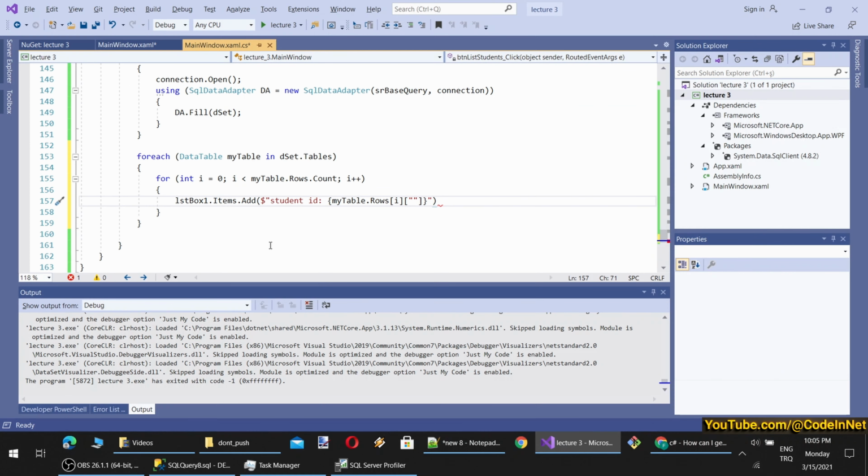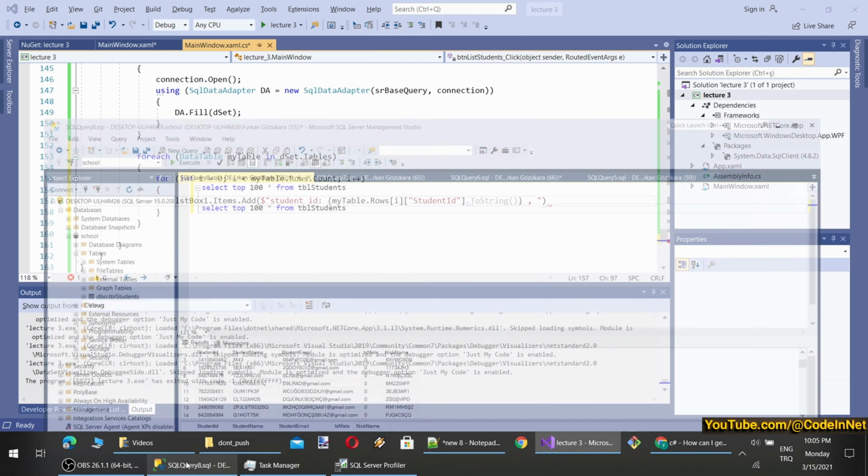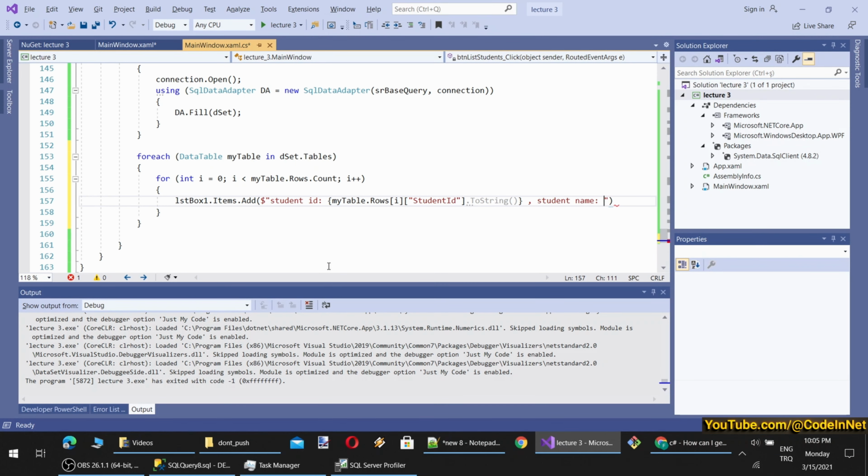Here student ID is the column name, and then I have to convert it to string, and then I will access the student name as well. This will be the first table's values, by the way. The first table is index 0, and the name will be my table rows, index 1. I will show different ways of doing this, and here I will continue.